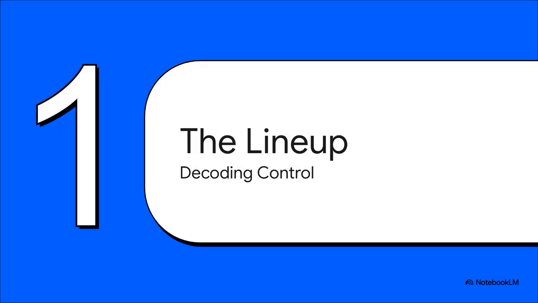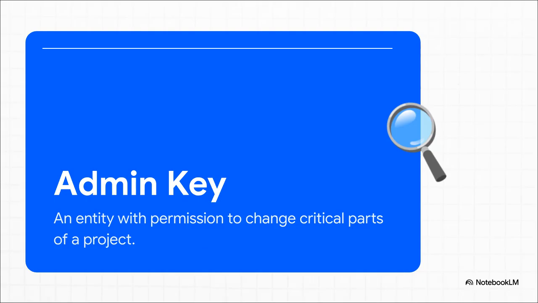Okay, so every good investigation has to start with knowing the usual suspects, right? So first, let's meet our lineup of common control structures. You're going to see these terms everywhere, so it's absolutely crucial to know what they actually mean. First up in the lineup, we've got the admin key. You can literally think of this as the system's master key. It's just an account that has special permissions to do all the things regular users can't. Like pausing the contract, changing fees, or even pushing through a full system upgrade.